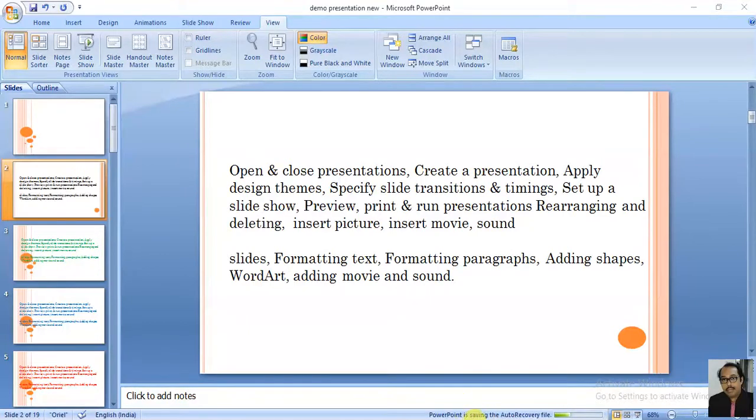Okay. Page number 10 is printed. Okay, now again the PowerPoint is present in front of me. Great.